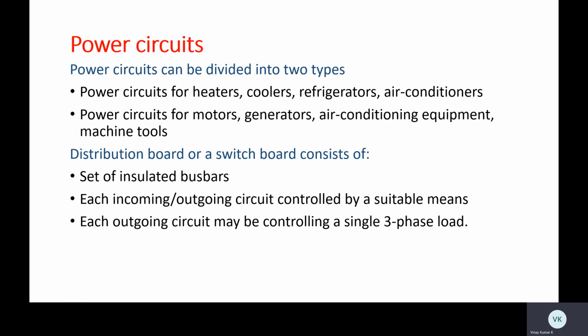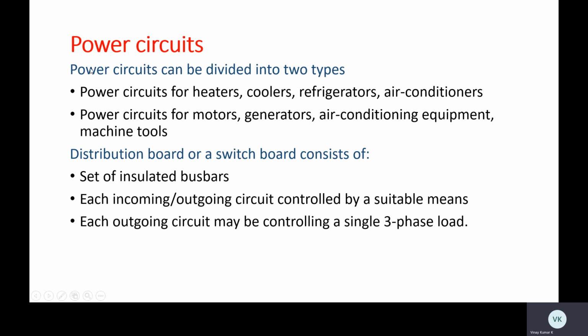So while calculating the number of circuits in the lighting device in the internal wiring system, as I told, there are two types of circuits which we can observe in our residences. One is the light circuit, another one is the power circuit. In the light circuit, based upon the number of points and the total load, each subcircuit should contain 10 points and 800 watts. If it increases more than 800 watts, then we have to go for one more subcircuit.